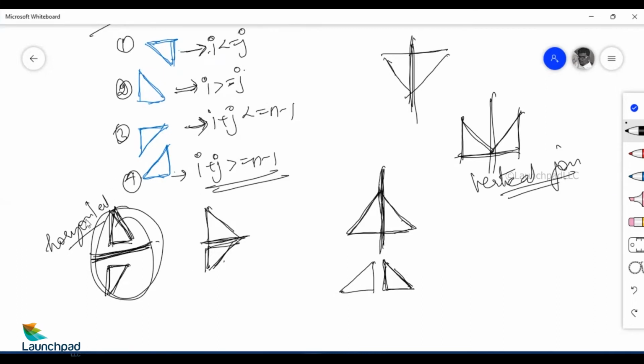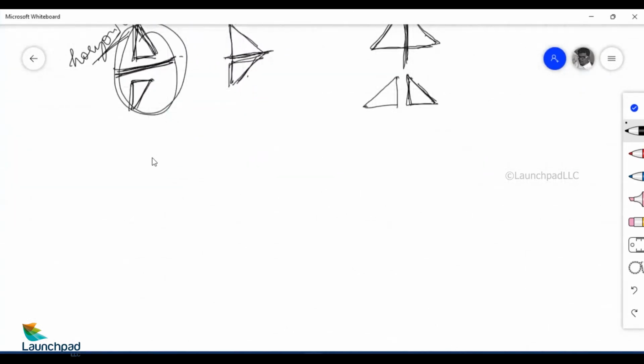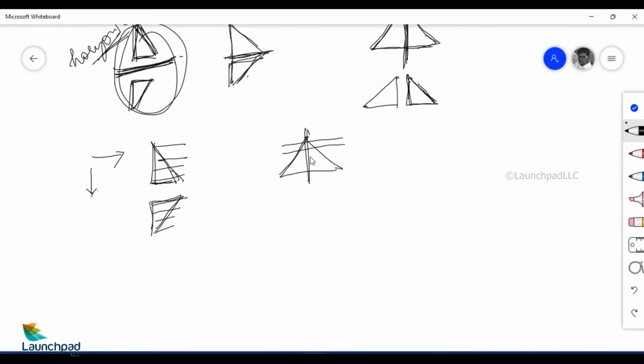Now, out of these 2, I would say horizontal is much easier. The reason why, because when you start printing the pattern, you print the first pattern completely without an interruption. Only then we start with the second pattern, because the writing goes from left to right and top to bottom. So you print the first pattern completely, only then you start with the second pattern. But when you talk about the other shape, this shape, you have to print both the patterns simultaneously as you print from left to right.